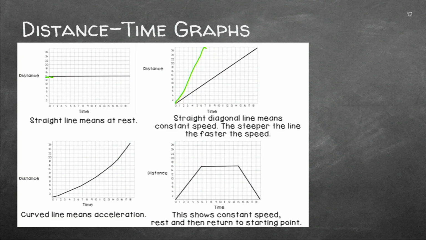Now this, for example, is if there's acceleration, right? So at the robot, you stop and then you start. So you try to go very fast at the start until you reach your constant speed. So this, you see, is not linear, so it's not a constant speed. And in this one, we can see this person left home, went at a constant speed, then stopped for a period, and then returned home to the starting point. So we can read all of this from a graph.